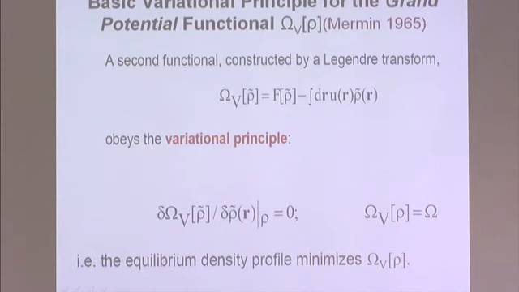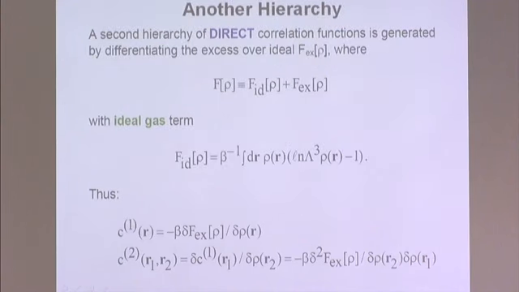So make a Legendre transformation. Remember, this is mu minus the external potential. This object is a grand potential. When you minimize it with respect to ρ tilde, it obeys this minimum principle, and it gives you the equilibrium grand potential. So the equilibrium one-body density minimizes the grand potential. And that allows you to